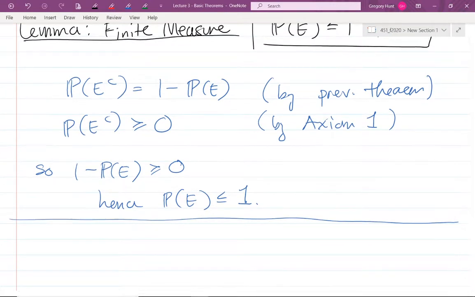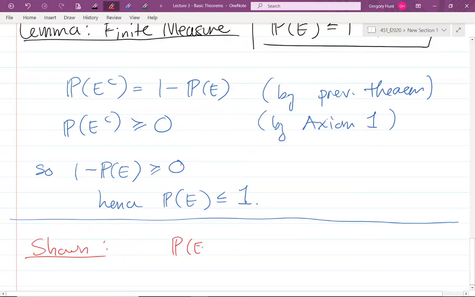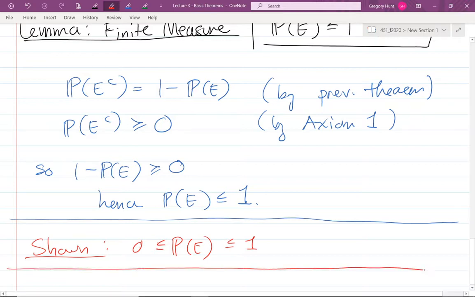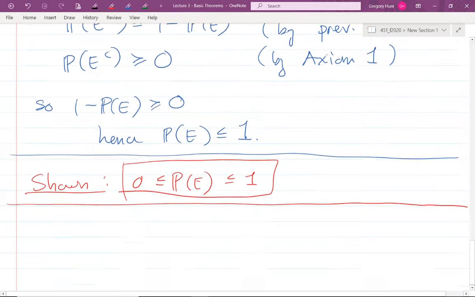And the lemma says, so what we have just shown, which is intuition we all have, is that if I look at the probability of any event, it is less than or equal to 1 and bigger than or equal to 0. So probability is between 0 and 1. Good, right? Probability is behaving how we think it should at this point. This is all good. But it's interesting that you don't actually need to codify that as an axiom. Kolmogorov's axiom is a kind of basic result of non-negativity, unit measure, and countable additivity. So you see we implicated all 3 of those axioms by this point in order to show this. But you don't need it as any kind of special axiom by itself.